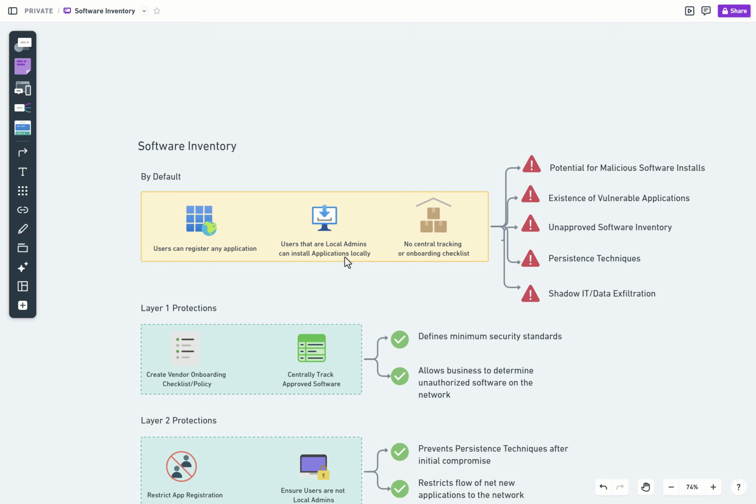And typically that's one we just clean up automatically right away, just to say, hey, you're not going to be local admins on devices. We're going to restrict that down so that users cannot install applications by default with those